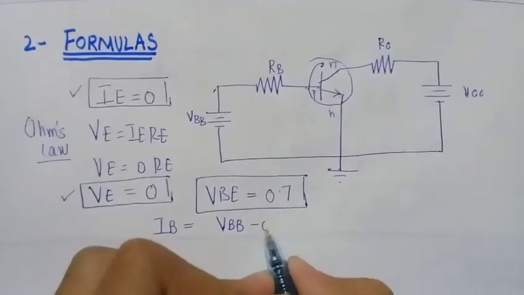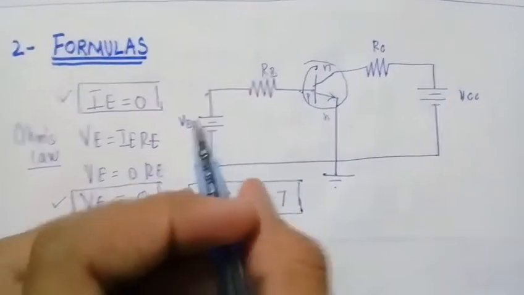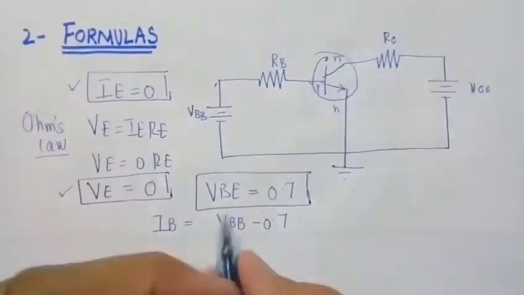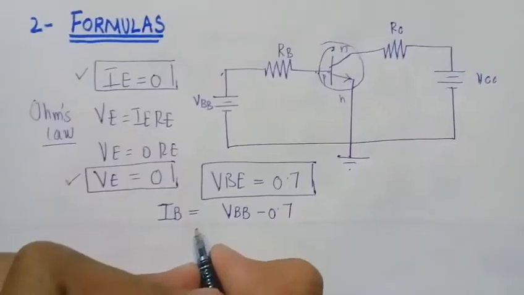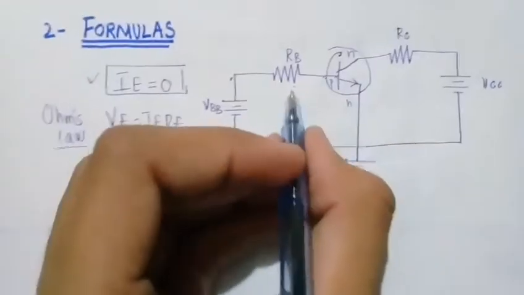So VBB minus 0.7, there is a voltage present and there is also a voltage present. The difference between these voltages over this resistance is called the base current of the common emitter configuration. So VBB minus 0.7 volts over RB,